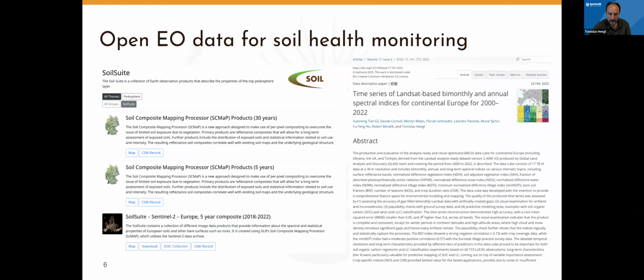And in recent years, a couple of Earth observation analysis-ready products have been released for soil health monitoring. I list only 2 here. I don't want to insult everyone; I didn't have space on my slides. But these are 2 that I'm aware of. One is produced by the German Space Agency, called Soil Suite. And the second one is part of the AI for Soil Health that we produce here at OpenGeoHub mainly. This one is based on Landsat. This one is based on Sentinel.